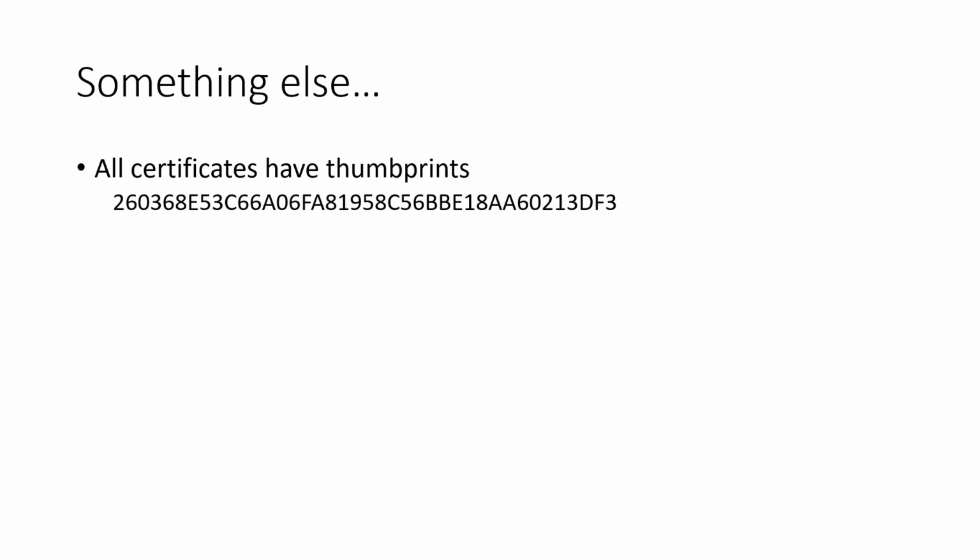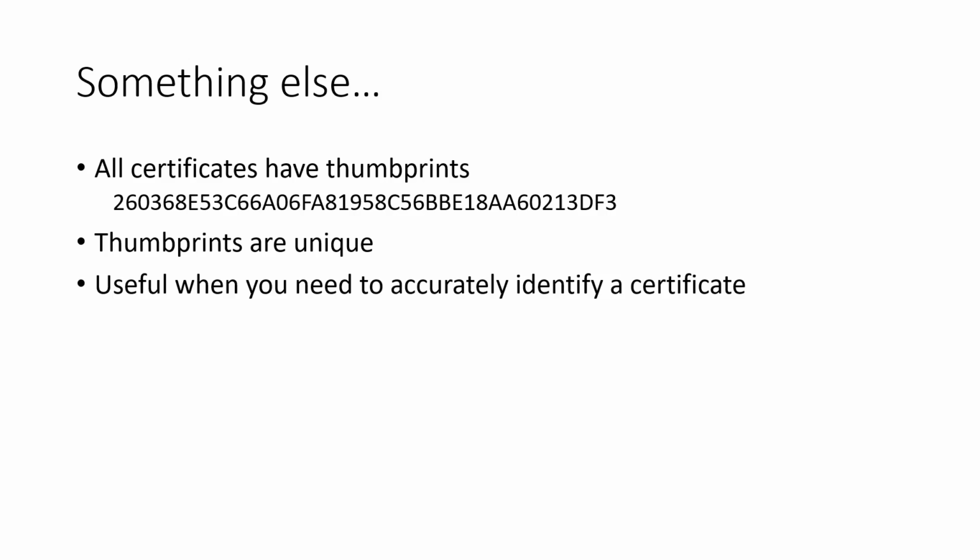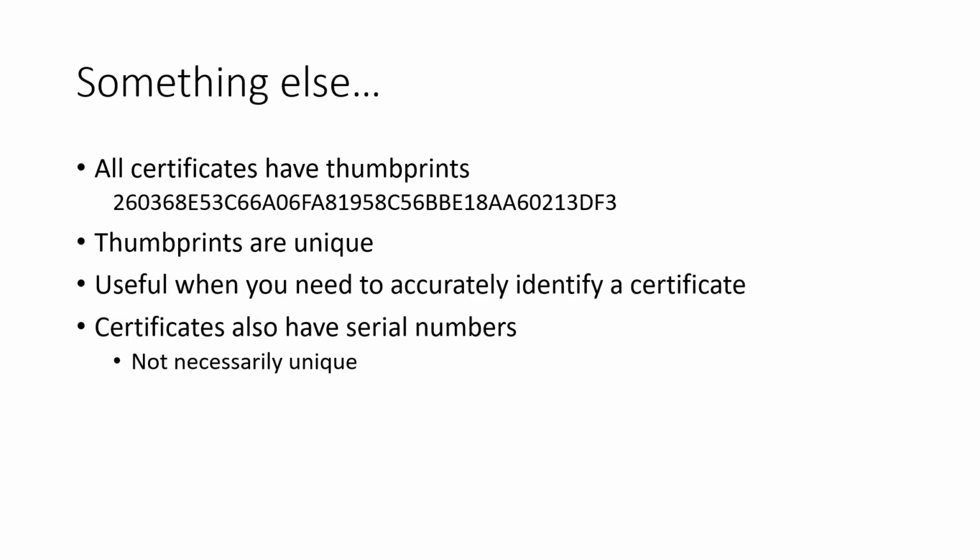One final note about certificates before we move on. One of the properties of a certificate is its thumbprint. This is a long sequence of hexadecimal characters that looks like this. Every certificate has a different thumbprint, so when setting up AS2 connections it's good to identify the ones you need using their thumbprints. Certificates also have serial numbers, but these are not necessarily unique, especially when working with AS2 where